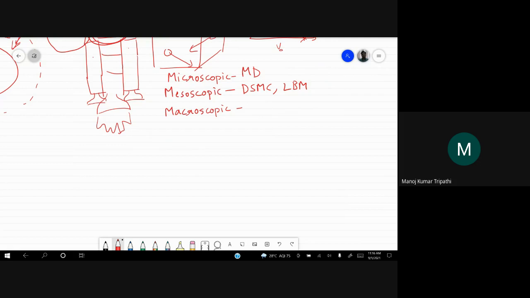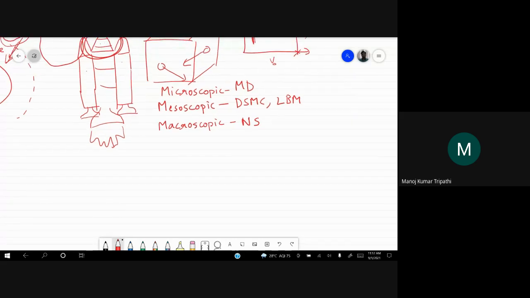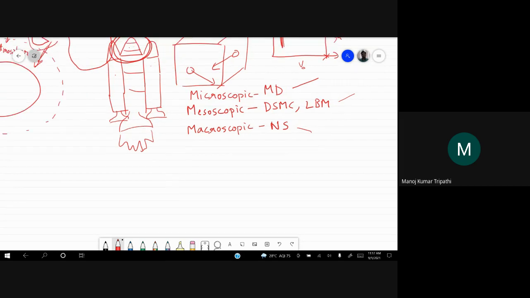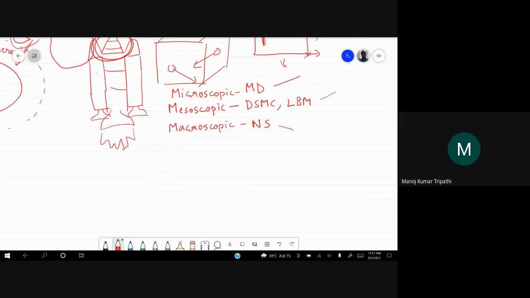And in that, the equations that you get finally, they are known as Navier-Stokes or modified Navier-Stokes, or in general, mass conservation and momentum conservation. So I'll just write Navier-Stokes equations. This is not a method, these are equations as opposed to the other two, molecular dynamics, LBM, DSMC, these are methods. Navier-Stokes are equations or continuum methods, you can call them.